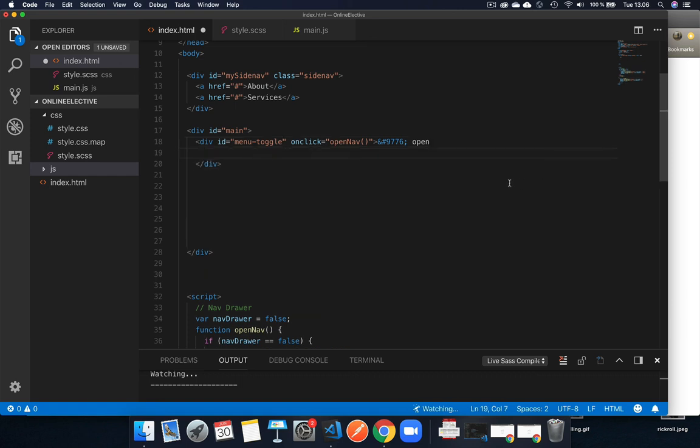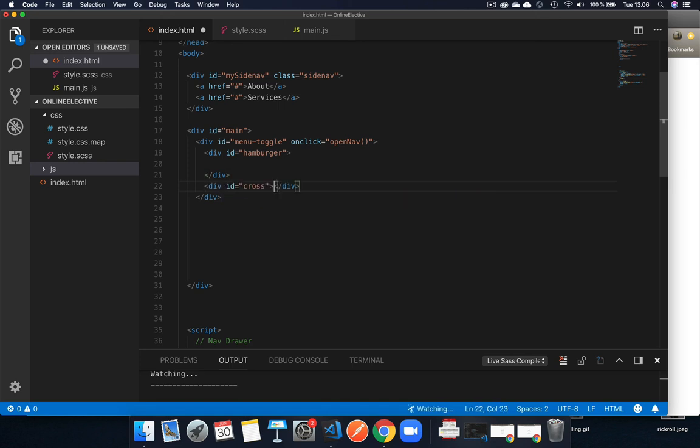And I'm going to do this so it's a little bit easy to read. Now I'm going to delete the open icon that we have here, right? And inside, the first part of this is the one we'll have with the 3 lines on top of each other. So we're going to create a div, or if you're using Emmet, we can actually do hashtag and call this Hamburger. Hamburger, sweet. Hamburger, like this. And we're also going to create one called cross. So this is the one that's going to be closing it, so it's showing us the cross that we're going